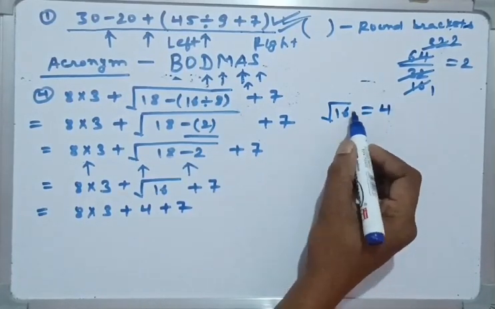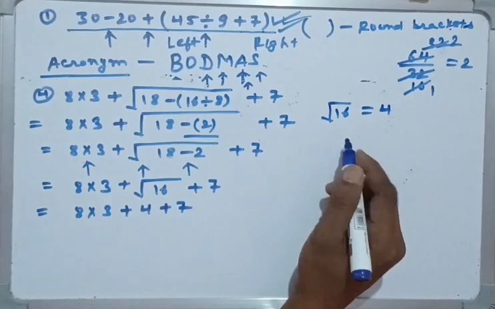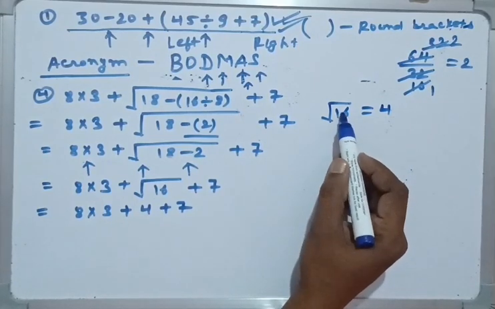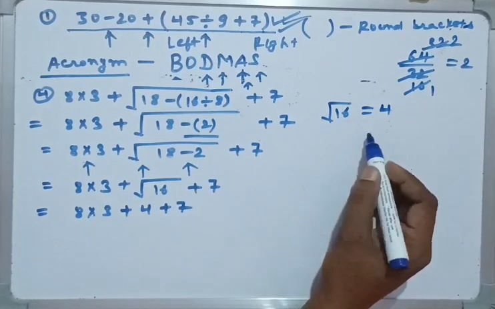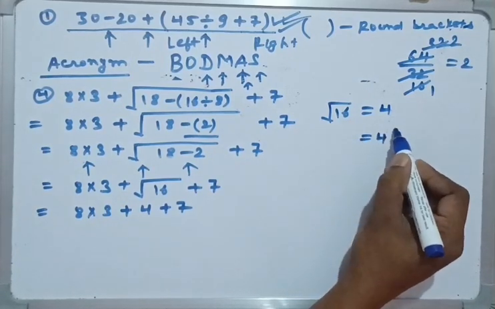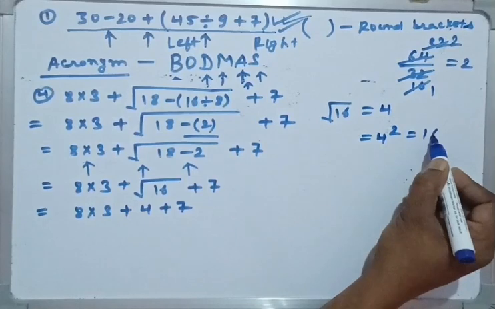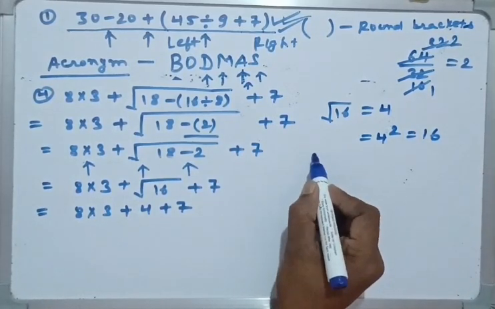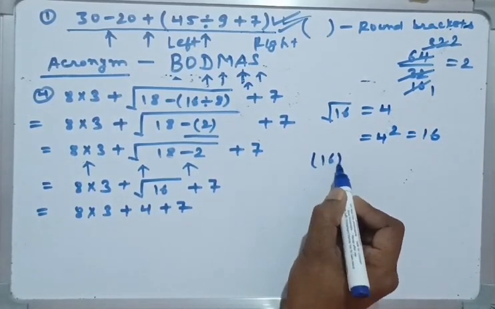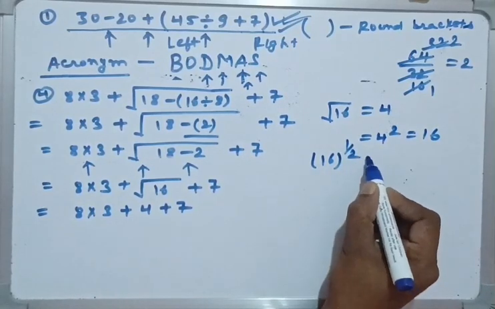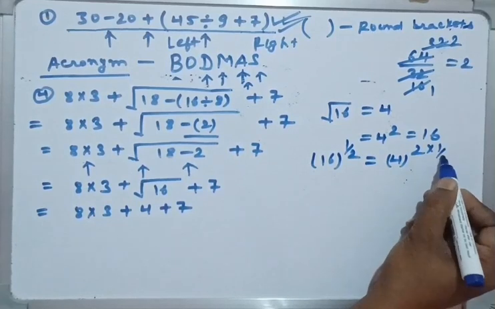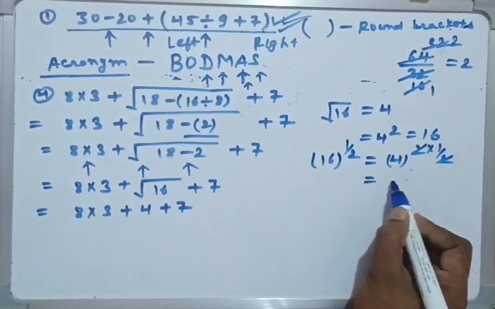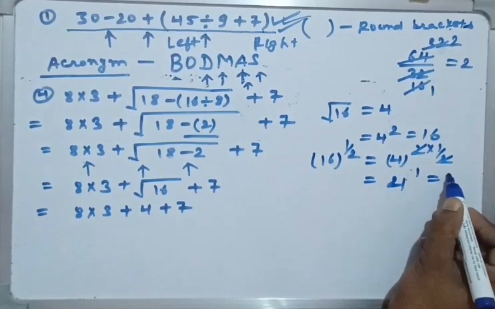It means: what will be the number when you make the power of this 2? Then 16 will come. So if you write it as 2 squared, then this one will be 16. In higher classes you can also read it in this form. Now this one will cut down, then this becomes 4 to the power of 1, so the solution is 4.